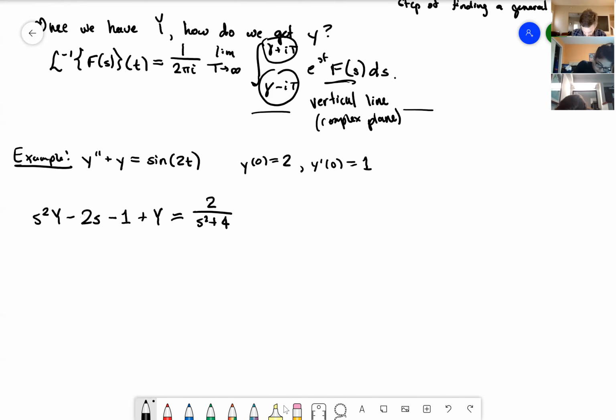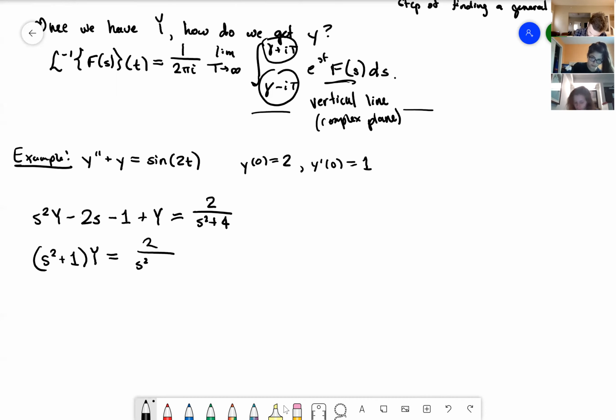Just checking my notes to make sure that's not wrong. Okay, now rearranging some stuff, what I will get is s squared plus 1 times Y is equal to